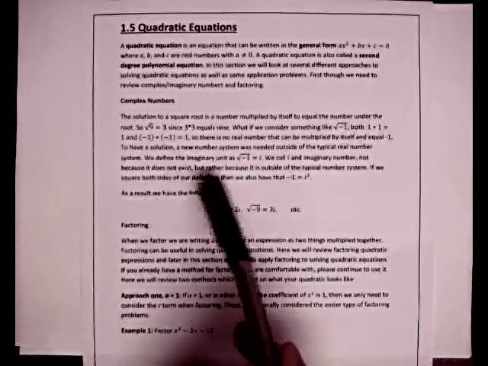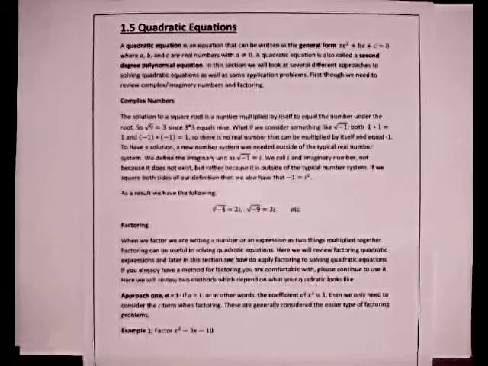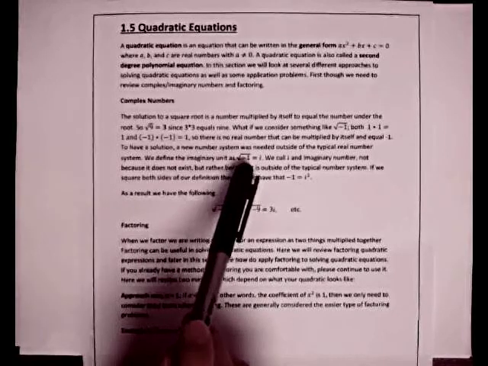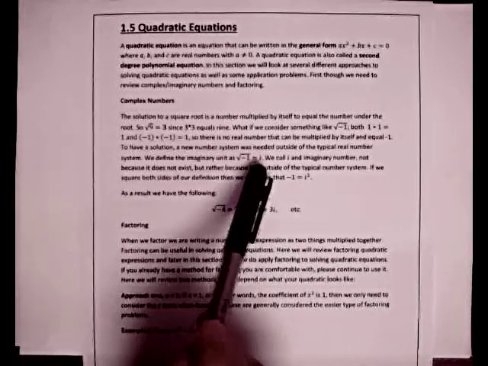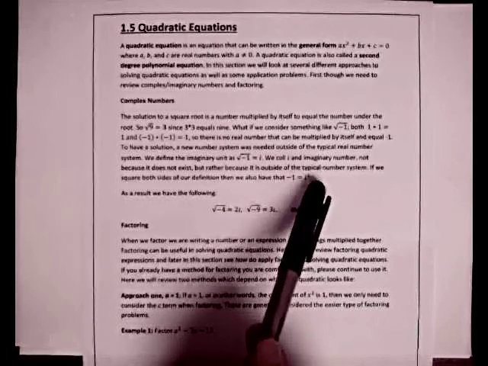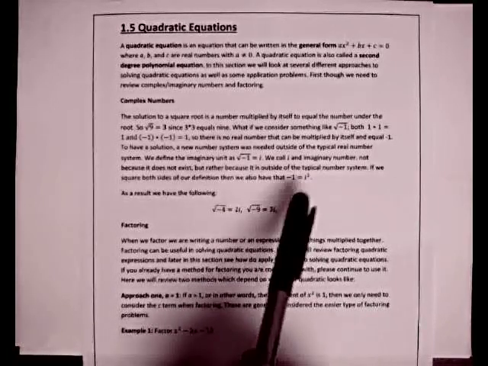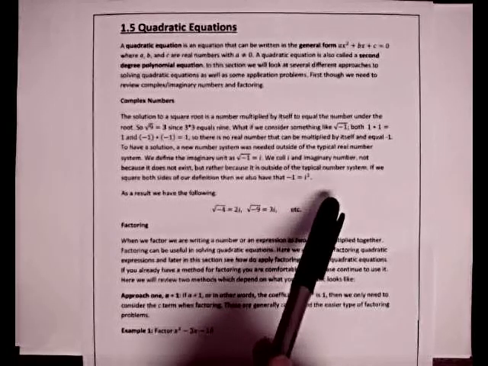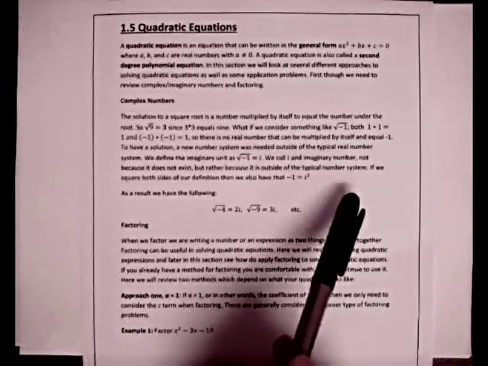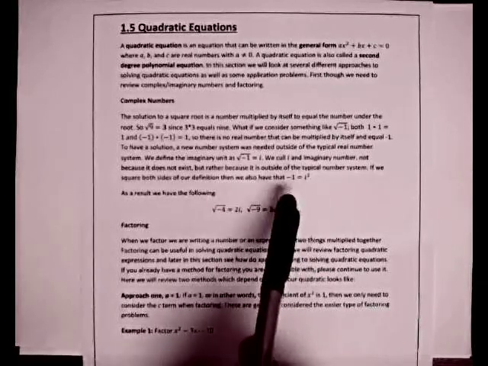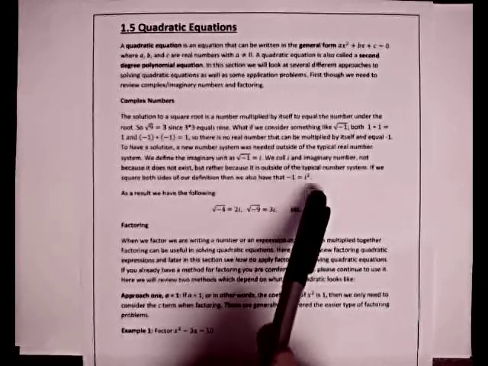Okay, so to have a solution to the square root of negative 1, a new number system was needed outside of the typical real number system. So we're going to define the square root of negative 1 to be i. We call i the imaginary number, and not because it doesn't exist, but rather because it's outside of the typical number system. If we square both sides of our definition, then negative 1 equals i squared,